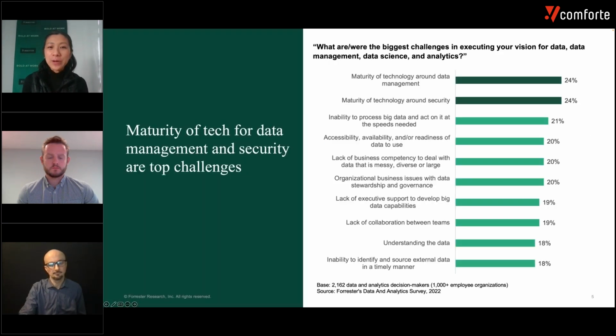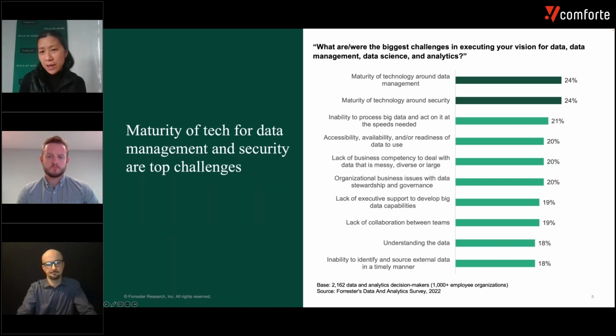This growing awareness of the importance of protecting this data that's being used is something that Forrester has also seen reflected within our survey data as well. So this is from a survey of data and analytics decision makers. So they don't have that IT or security background. We asked them what were their biggest challenges when it came to executing on their vision for data analytics, for data management. And the things that came out on top were the maturity of technologies for data management, as well as security,